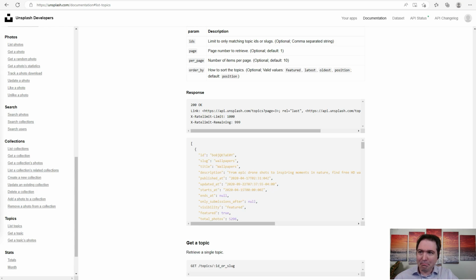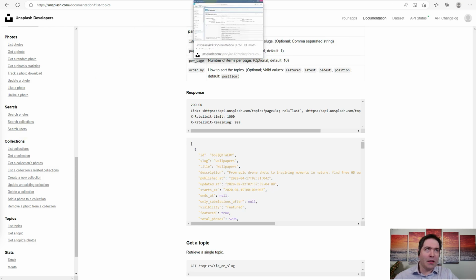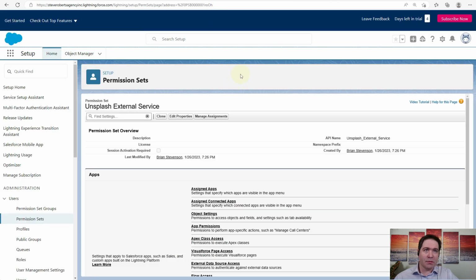So let's go ahead and set up Salesforce. So the first step in setting up Salesforce is I recommend starting with creating a permission set. Now, it may seem like, hey, I'm an administrator, I don't need a permission set because I have access to everything. When it comes to these external, or I should say, when it comes to the